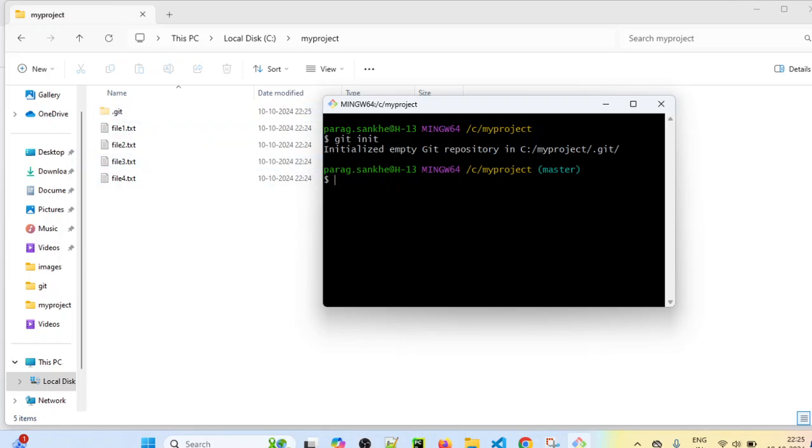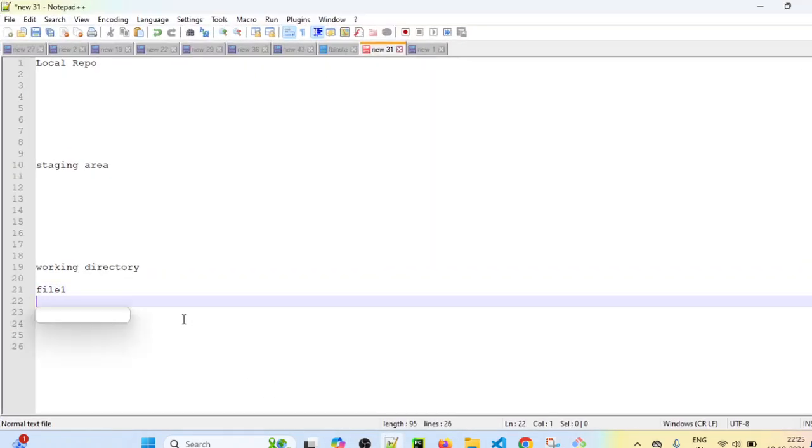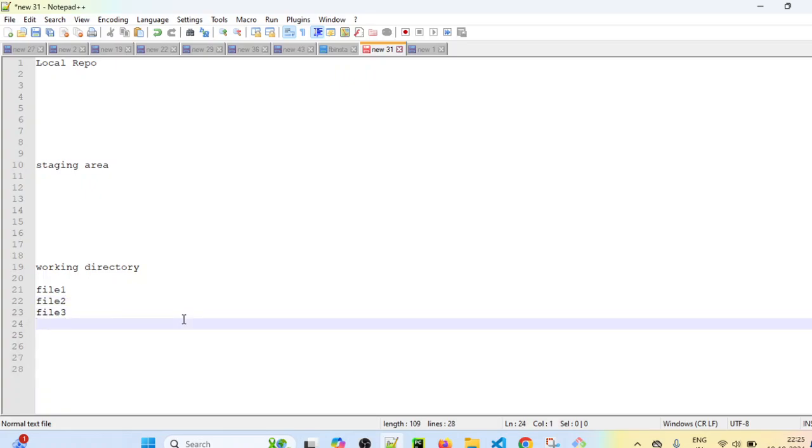Now one by one I will add all these 4 files from the working directory to the staging area. For example, I have created file 1, file 2, file 3 and file 4 in the working directory.